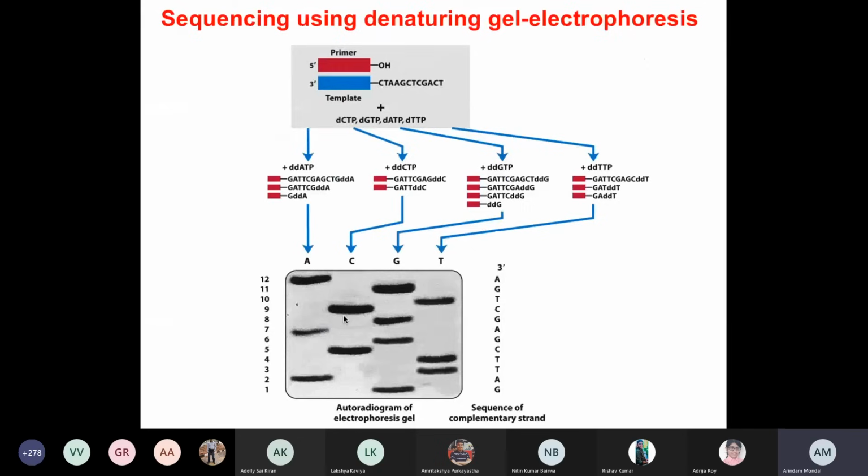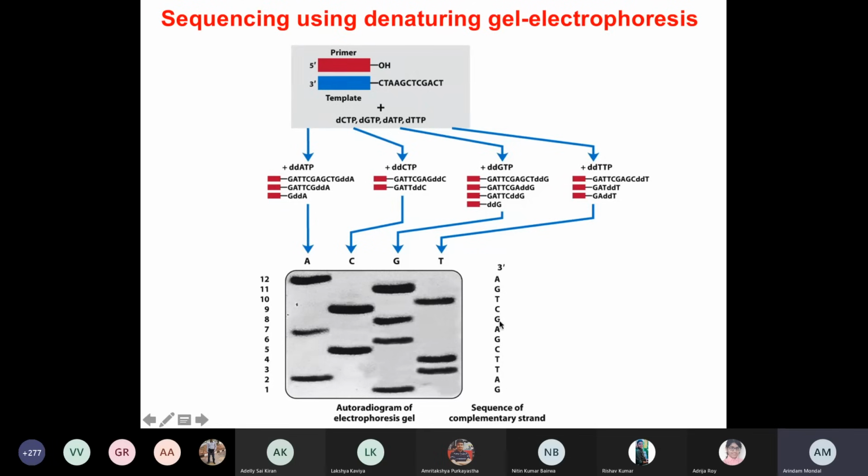So this is a small DNA fragment where different reactions have been performed: ddATP, ddCTP, ddGTP and ddTTP. Four different reactions have been performed with four different dideoxy analogs. Subsequently, they have run a gel for these four reactions. Say, for example, this is the smallest possible fragment, which corresponds to ddGTP. So you have a G. Next you have the next fragment at the A. So you have A, T, C.